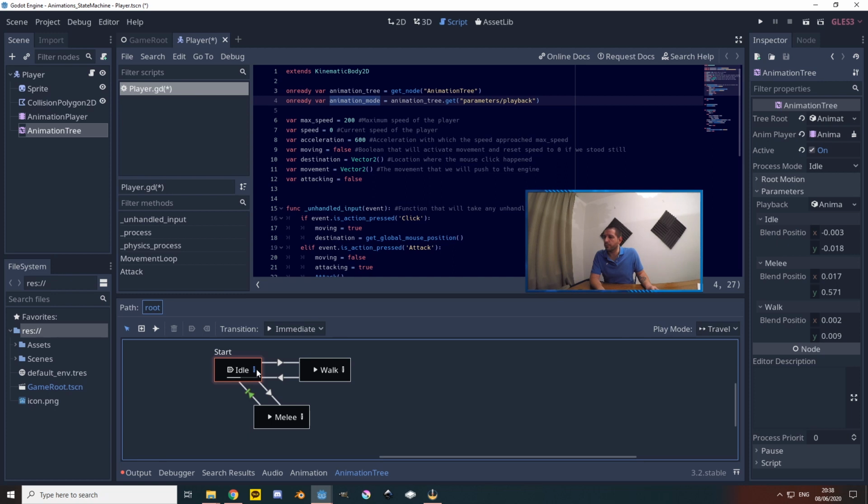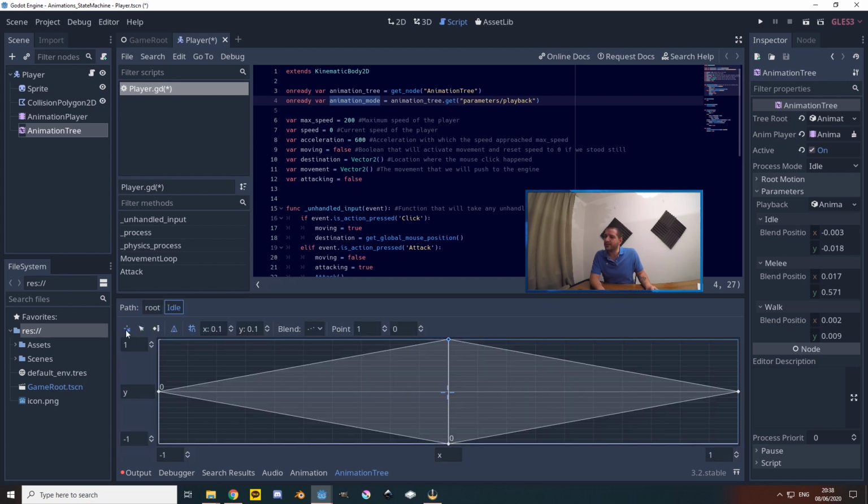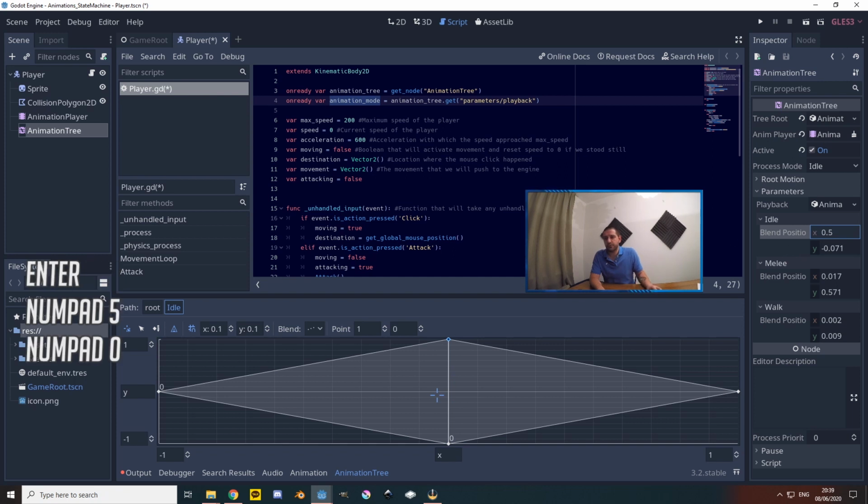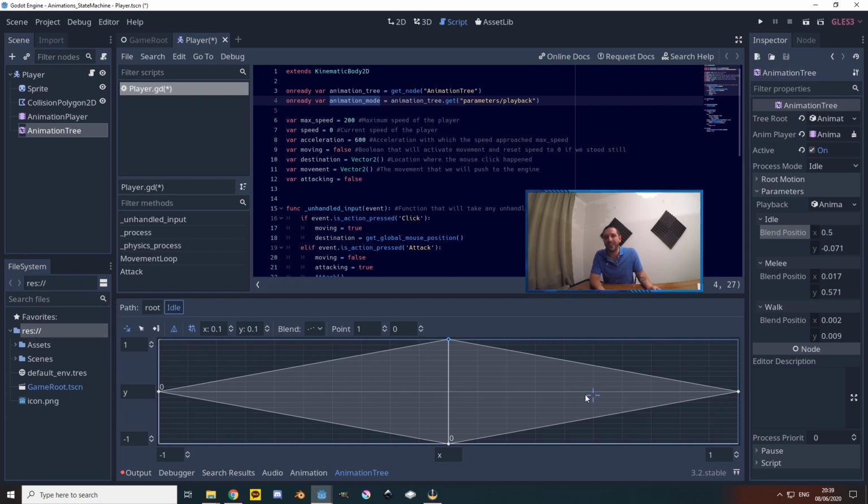Those blend positions, if I go back to one of these blend spaces, is of course the blend position that we set with the crosshair here. In other words, we can set the crosshair through, oh, this is the wrong one actually, so that's funny. Oh, there we go. No, it was the right one. It switched a little bit later because there's a little bit of a delay in there. That doesn't happen at runtime, don't worry. But these blend positions with their respective properties, parameters, idle, blend position, is what we're going to set through code. Thereby we're going to virtually set that crosshair, and thereby we set the right animation direction for that particular mode.